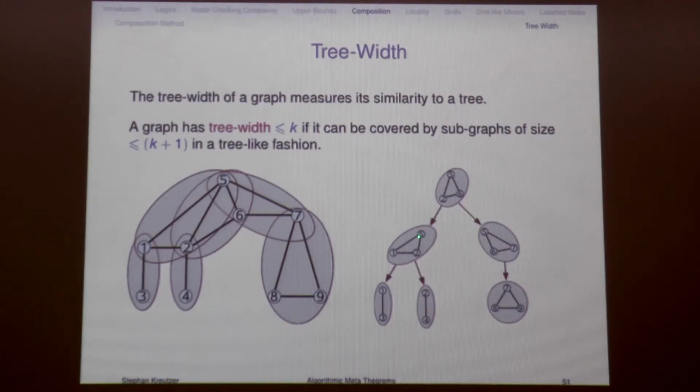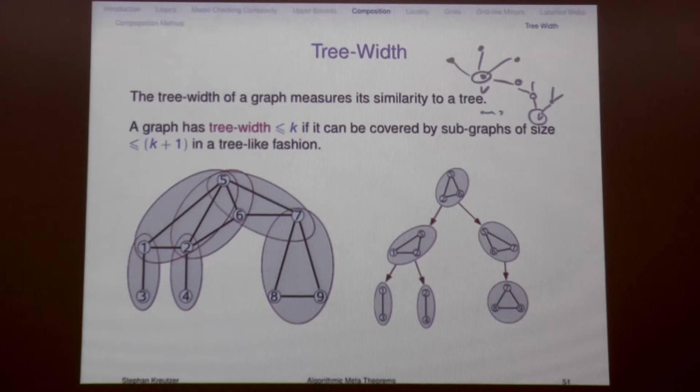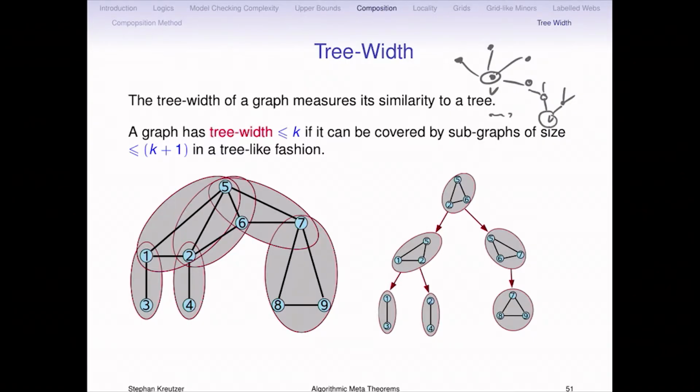And I just require that if you look at the subgraphs vertex 5 is contained in, then this forms a subtree. It's a little bit like replacing a high degree vertex in the graph by a tree of low degree. Yeah? It's like saying if you have a vertex like this, which has many neighbors, I want to replace it by a tree which has these neighbors. And essentially this gives me back the entire information. Yeah? And this is what you're doing here. Instead of having them all overlap in a complicated fashion, I'll put them in the tree and just say, okay, it has to be decomposed in the tree so that every vertex induces a subtree. And this is all you care about and all you need.